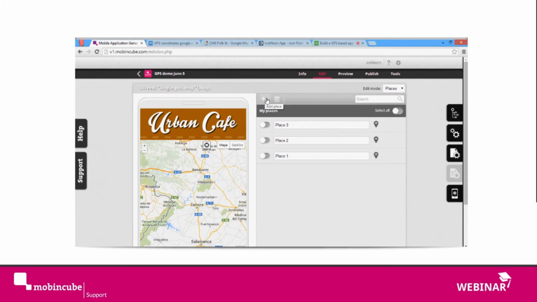So just clicking on the plus button. And I can even remove it. If I select one, I can remove it using the garbage icon. Well, I can use a name for every place. This is only for reference, for myself. I can use, for example,